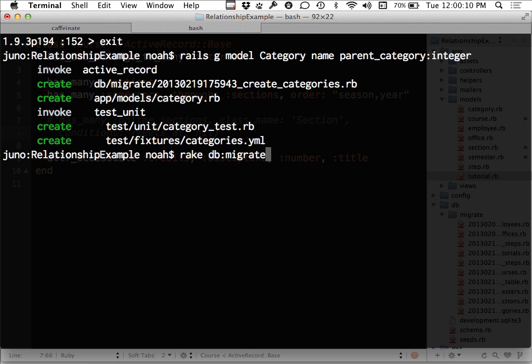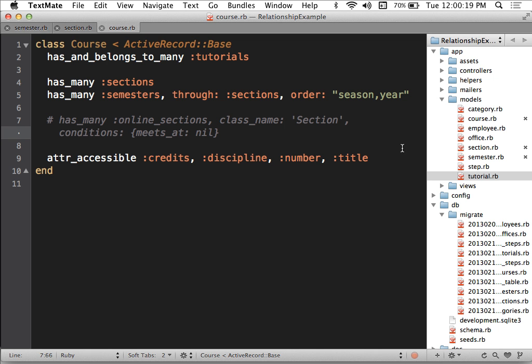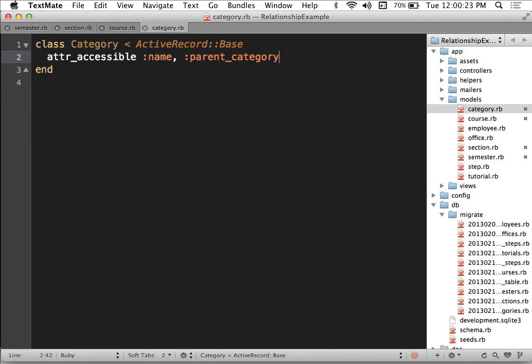All right, let me migrate the database. Rake db:migrate. There we go. All right. Now what we should be able to do here, if I can get it to work, is over here in our category model, what we basically want to do is create a one-to-many relationship like we did with steps and tutorials, for example. Except what would be different here is that this would be a category having a one-to-many relationship with other categories,